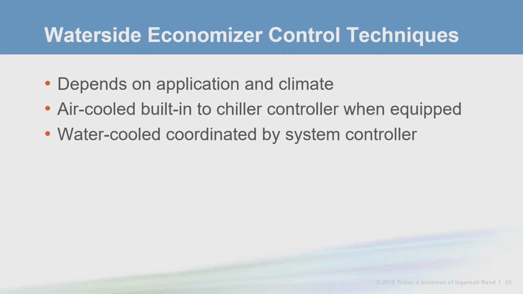When we have an air-cooled chiller with a Waterside Economizer installed on board, system controls are typically built in. But for water-cooled systems, this coordination happens in the system controller and is informed by things such as the load, the wet bulb temperature, the number and type of chillers, and the number, type, and flow turn-down characteristics of the cooling tower and heat exchanger. So now we have to figure out how the cooling tower will perform in the likely uncertified region of its